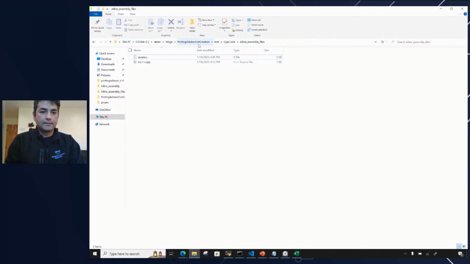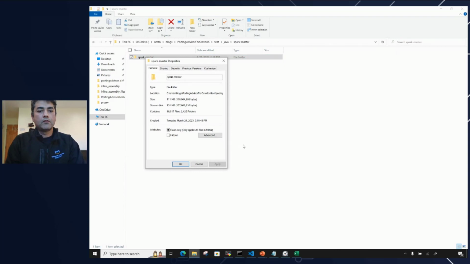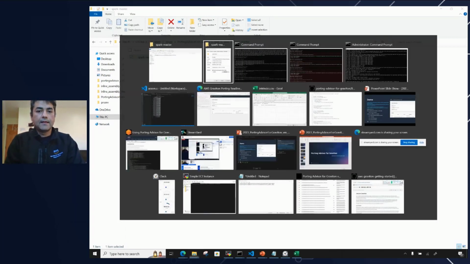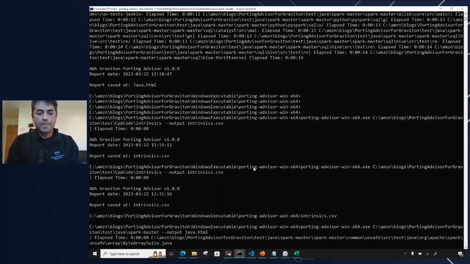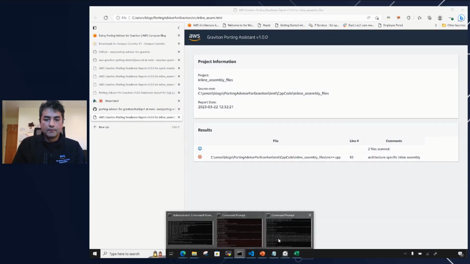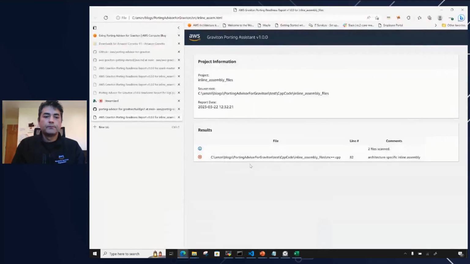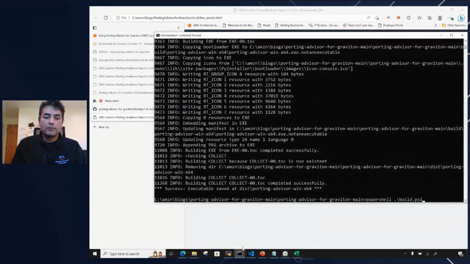And let's see. So this has around 20,000 files. I want to showcase how quick the tool can run. So we have around 20,200 files, and I'm going to say output Java, HTML. Okay. So while the tool is actually going through the Java code, I want to showcase